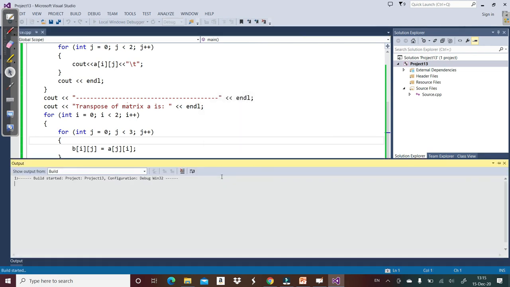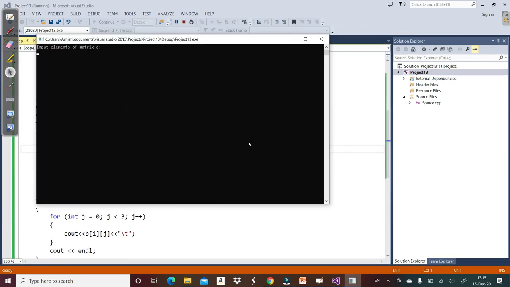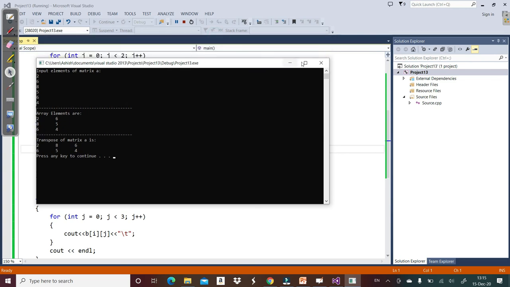Let's run it. So let's say the elements of matrix A are 2, 6, 8, 5, 6, 4. The transpose of the matrix is 2, 6, 2, 8, 6, 6, 5, 4. So this is just a transpose. So this is how we are going to write the transpose of a matrix.